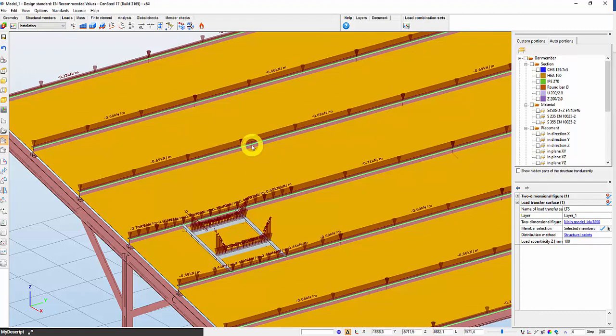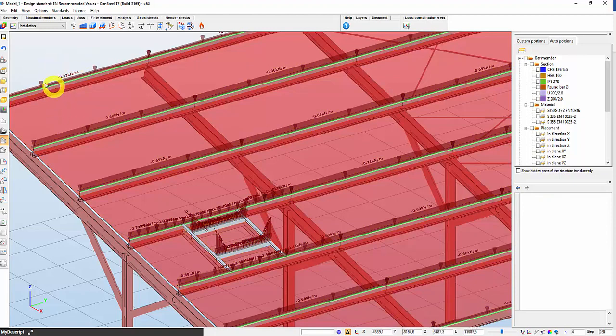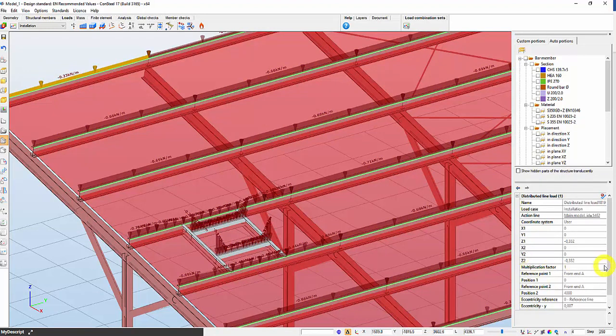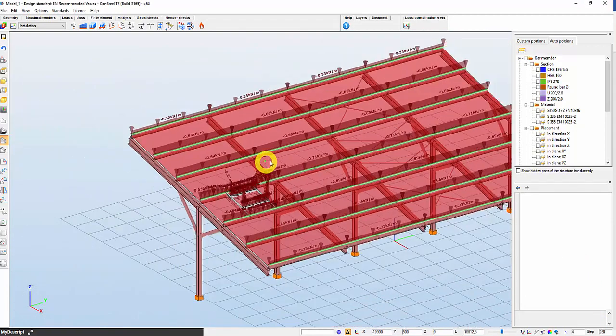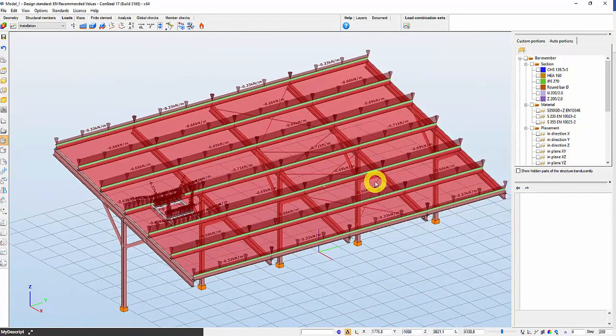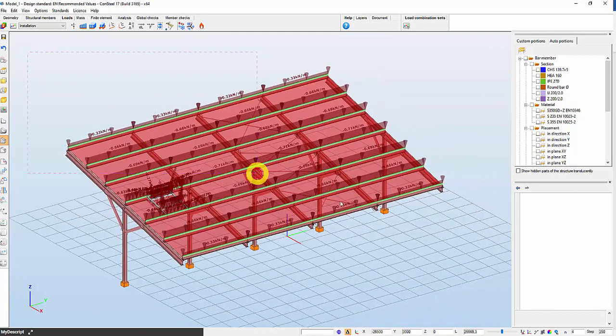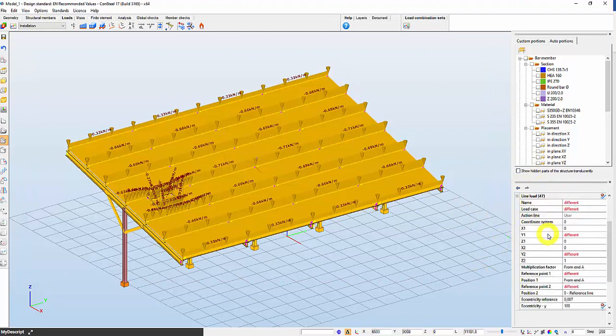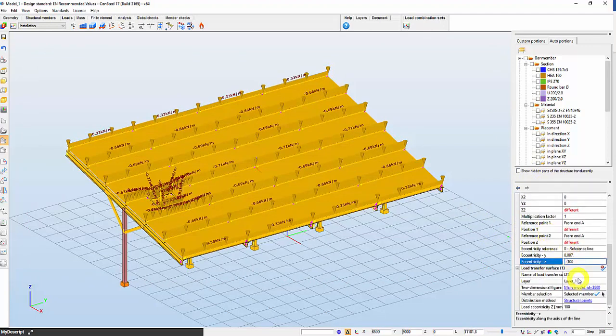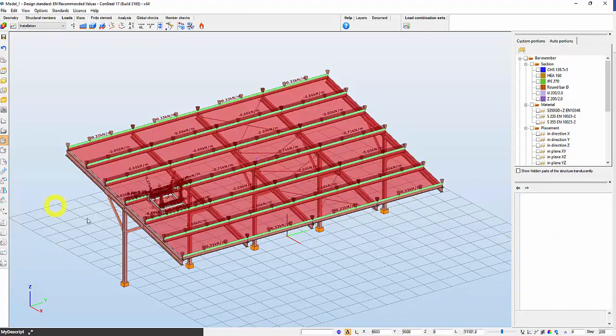Here, too, we can select the load, explode it, and once again receive a message about exploding the entire surface load. Now, if we select all our loads in the load case, these will appear as simple line loads that can be modified individually. We can now modify their eccentricity collectively. Once we have defined the loads accurately,